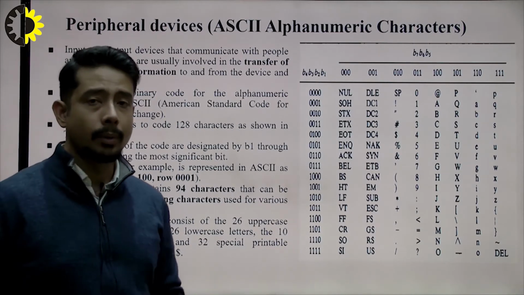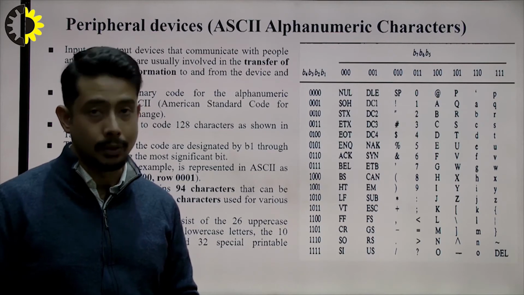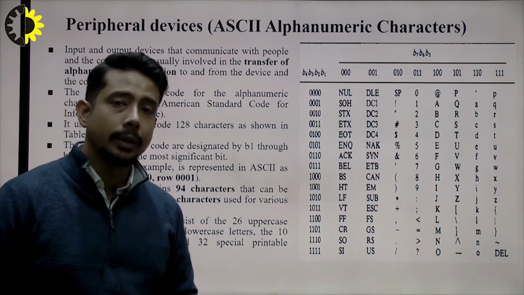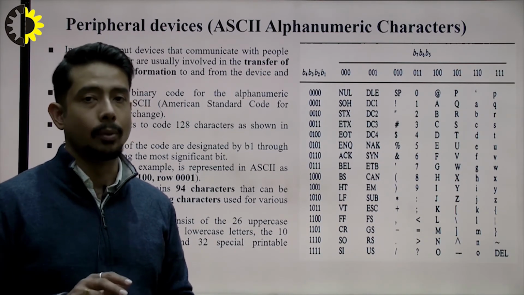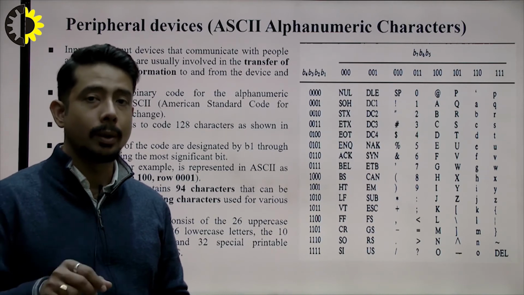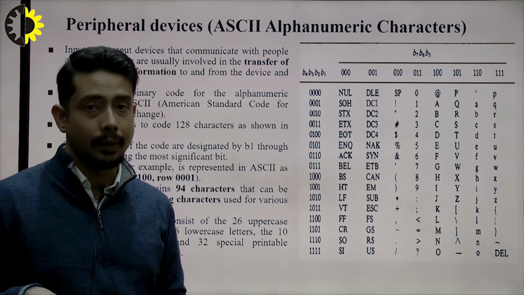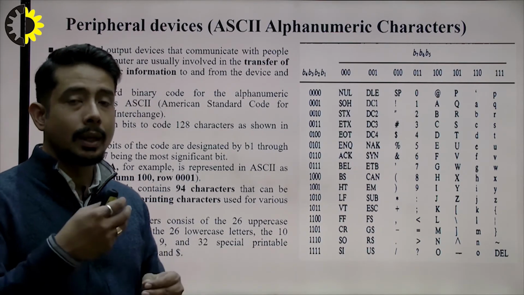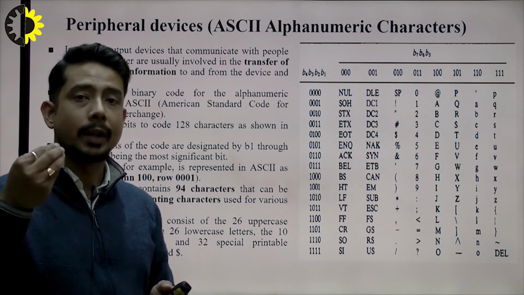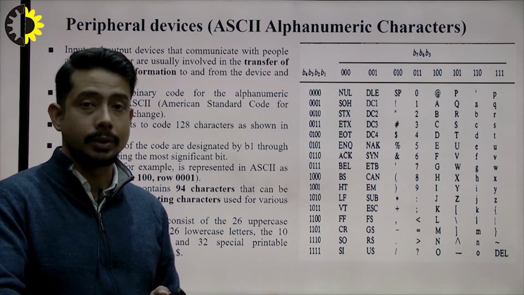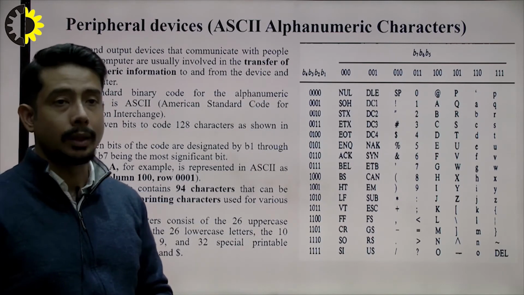Now comes an important point: in peripheral devices, how the ASCII alphanumeric characters are used. See, why I have included this particular part, because you are using the most commonly used peripheral device, that is a keyboard. If you talk about a keyboard, definitely you are pressing keys, and you are inputting mainly through the keyboard only, right. So we need to understand how these binary coded decimal or BCD codes or alphanumeric codes are transferred from the keyboard to the system, to the processor, and the processor is processing that. That is done through the ASCII alphanumeric characters.